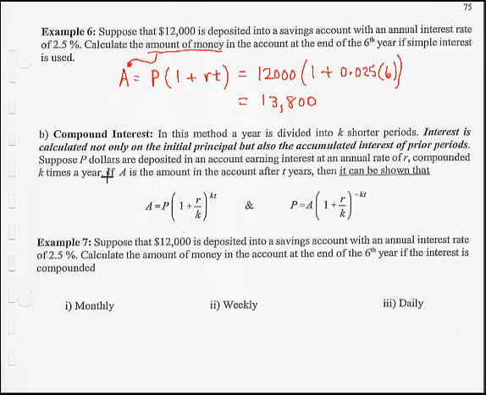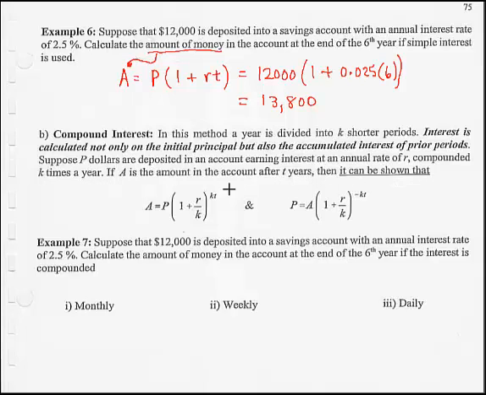So what about compound interest? In this method, a year is divided into k shorter periods. Interest is calculated not only on the initial principal, but also the accumulated interest of prior periods. So suppose P dollars are deposited into the account earning interest at an annual rate of R, compounded k times a year. If A is the amount in the account after T years, then it can be shown that,